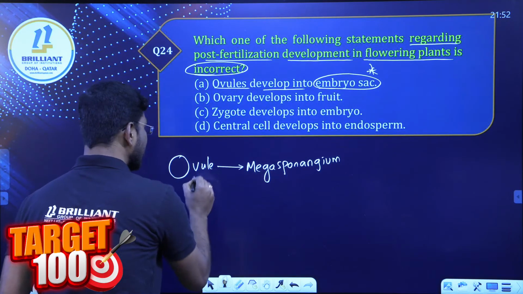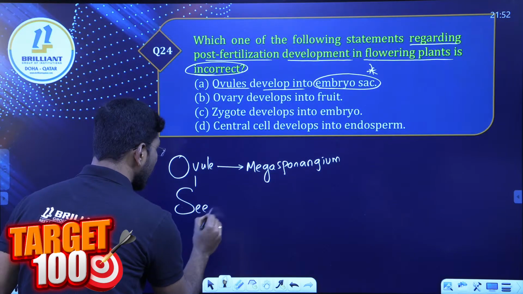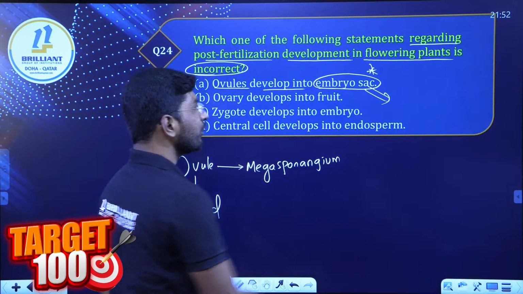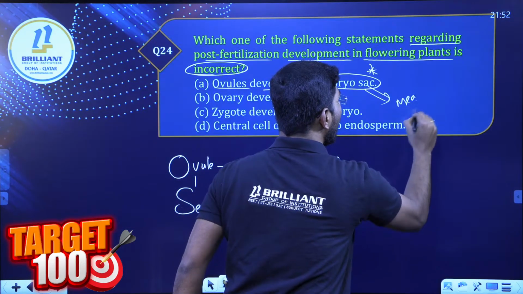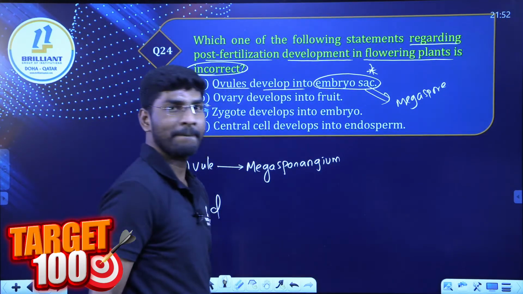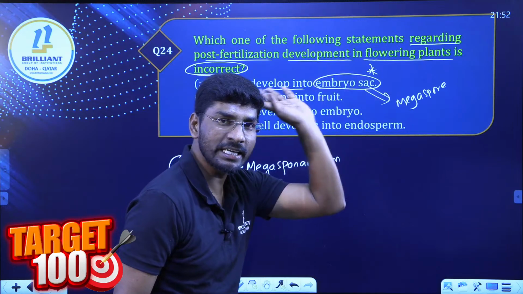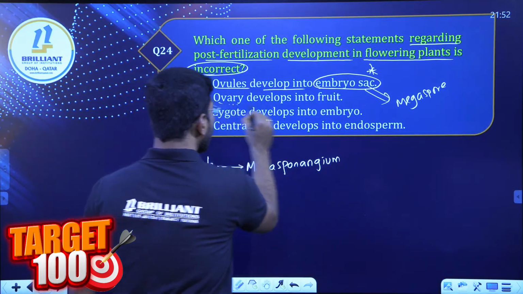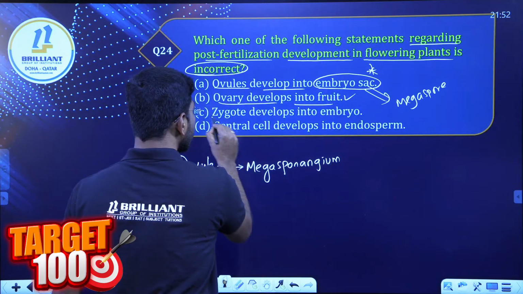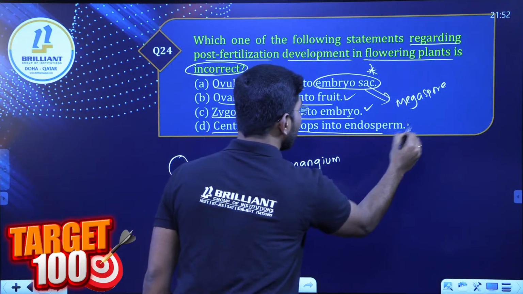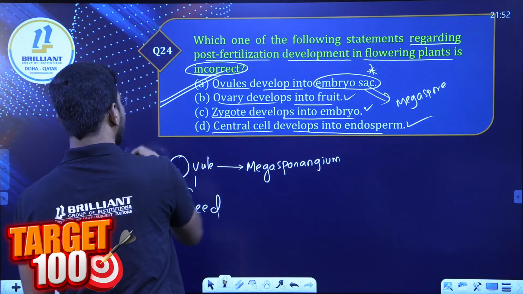This ovule, megasporangium, converts into seed after fertilization, but they are asking embryo sac. So what is converted into embryo sac? Megaspore. Am I clear? So it is the incorrect statement. Are the rest of the three correct? Let me check. Ovary develops into fruit, yes, correct. Zygote develops into embryo, absolutely correct. Central cell develops into endosperm. So the right answer, the incorrect statement, is